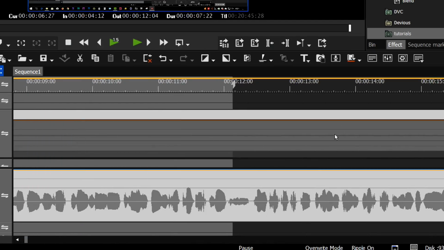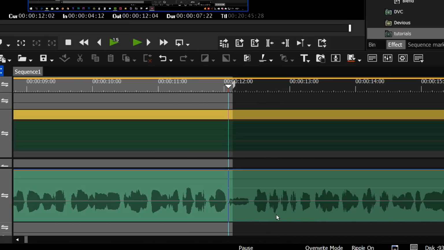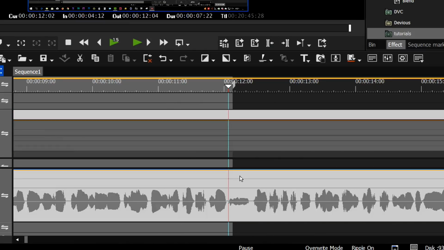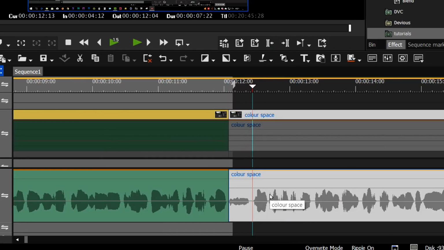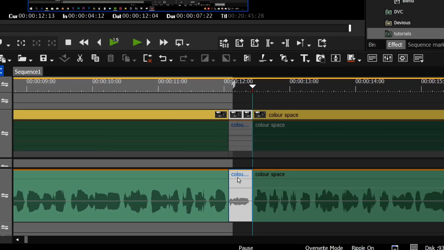So the next thing is I get to one of these breath things, so how do I get rid of it? I've got two ways of doing it, one of them is totally unique to EDIUS. One is just to chop it out completely. Now you can chop things out just by sticking your cursor over it, pressing the C key to cut it, moving along a bit, select the clip, press the C key to cut it again, then select that bit and then delete it. Well, first of all, you notice in all of this, as I'm doing all this, it's cutting